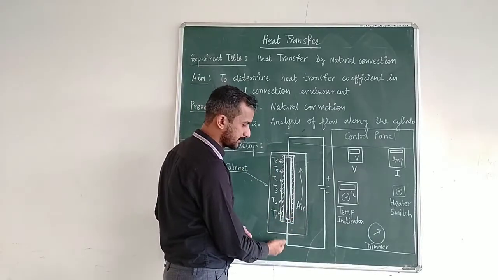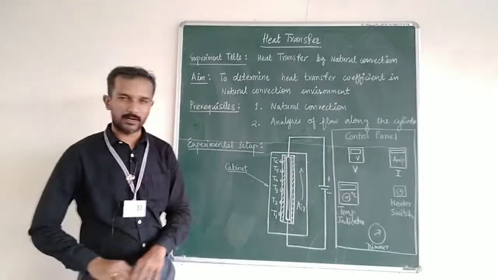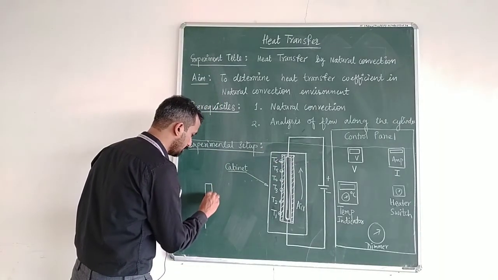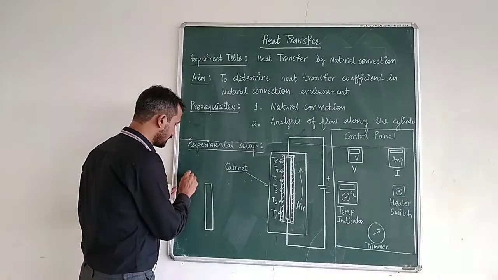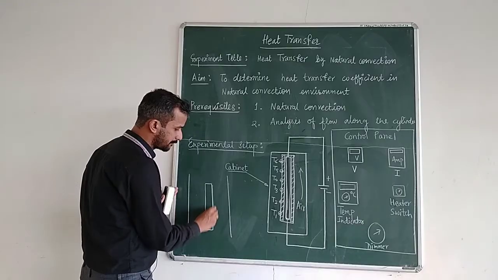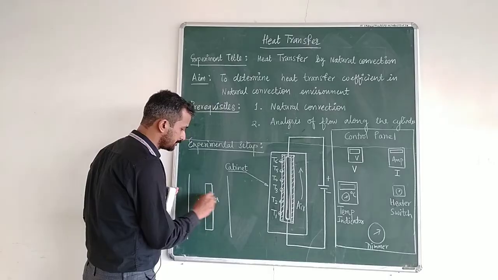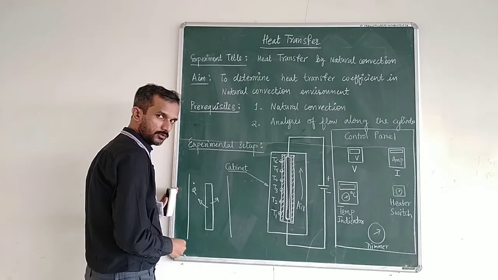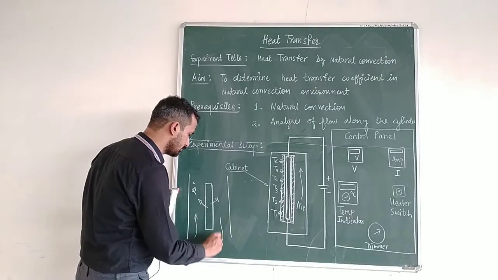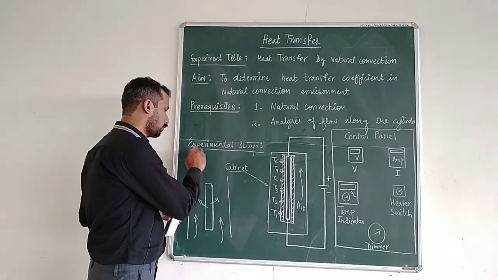The bottom of this cabinet is open and the top of the cabinet is also open. So air is going to flow from the bottom side to the upper side. If I draw it in simplified form here, there is a simple tube like this and there is a cabinet like this. When this surface gets heated, it will give heat to the air, and because of that the air will start lifting. So air will flow like this because of natural convection. For that purpose the bottom is left open and the top is also left open.